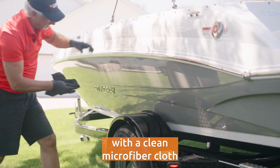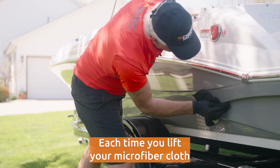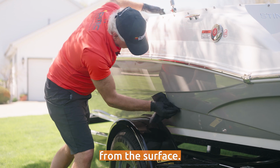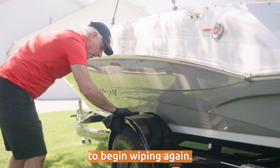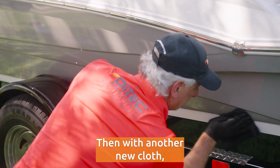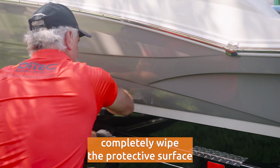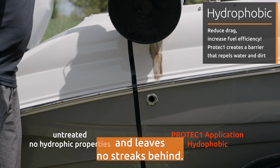Continue buffing the surface with a clean microfiber cloth until no residue is left on the paint. Each time you lift your microfiber cloth from the surface, be sure to use a clean side of the cloth to begin wiping again. This will ensure no residue is left behind on the surface. Then, with another new cloth, completely wipe the protected surface again, assuring all product is removed and leaves no streaks